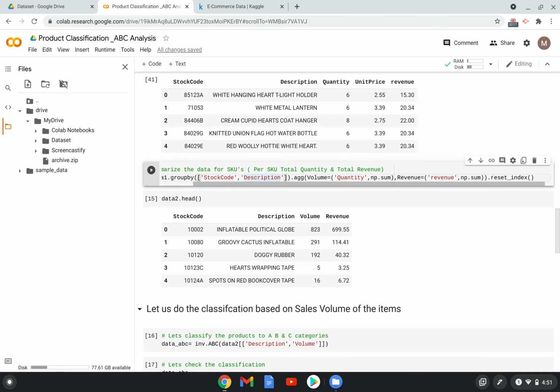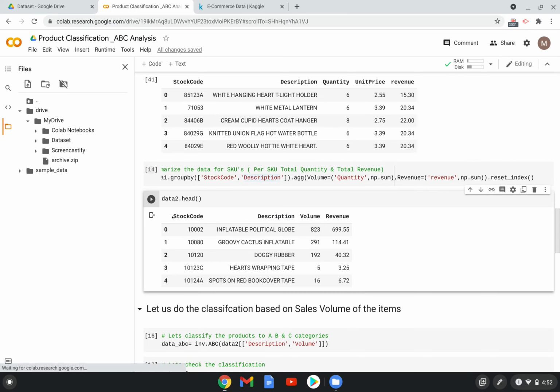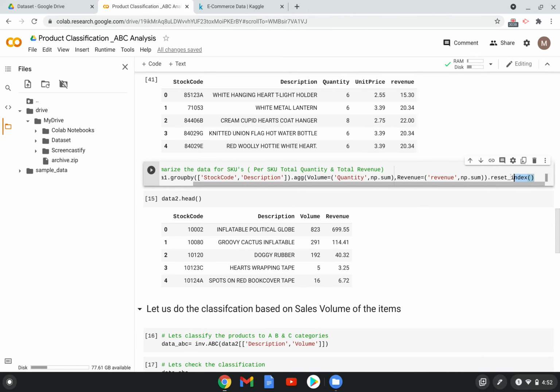And then we are using this reset index. Basically, what it does is, it makes the first row actually a heading. So the stock code, description, volume, revenue. If we don't use this reset index, let me show you how it comes.